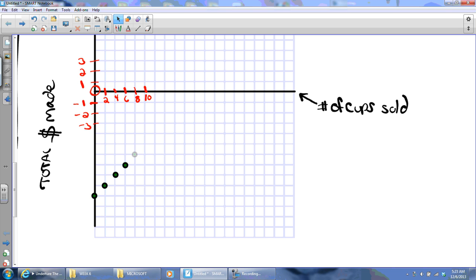Each little point represents the amount of money he's made. He hasn't even made any money. He's still in the whole $5 here. He sold 10 cups and he's still in the whole $5. I hope he has a good day for his sales, because if he didn't have a good day for his sales,